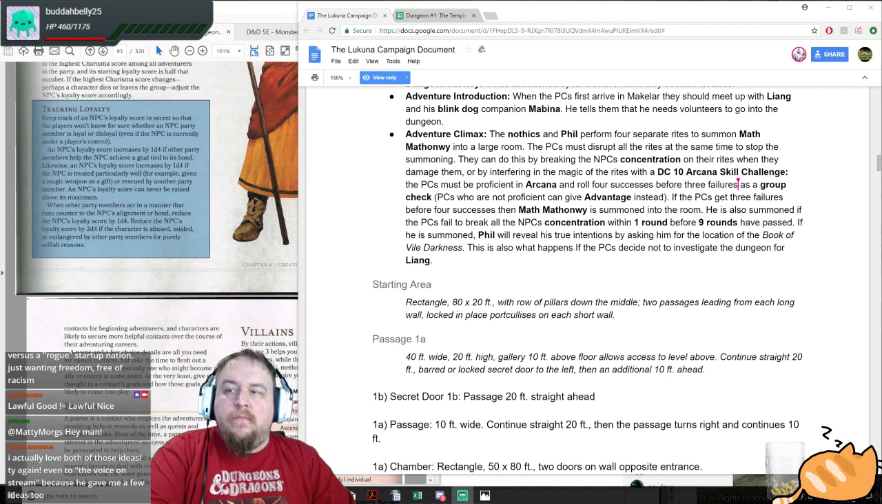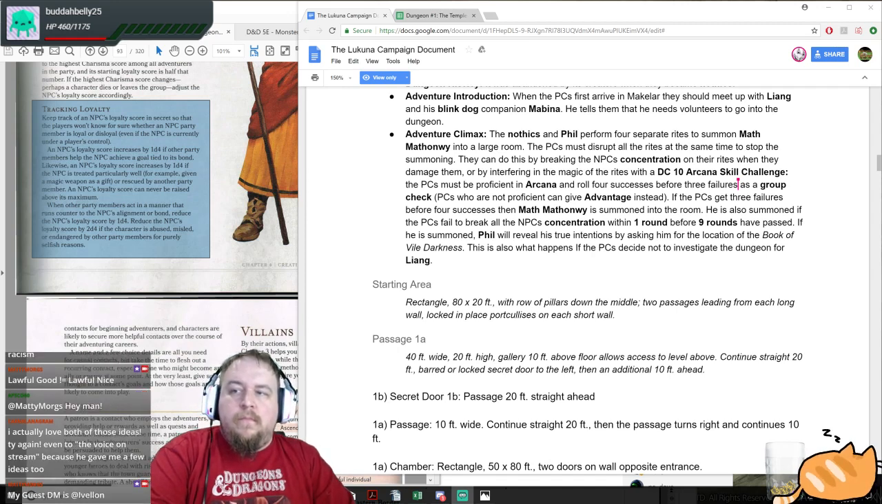It's kind of weird. The best thing the PCs can do to piss Phil off is to keep him from learning the location of the Book of Vile Darkness. Anything else they do, probably he's indifferent to. So